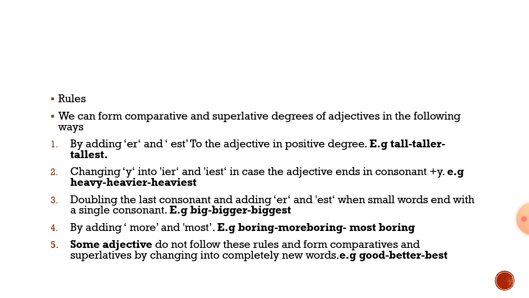Now fifth point is some adjectives do not follow these rules and form comparatives and superlatives by changing into completely new words. Means some adjectives do not follow these rules and make a new word. For example, good, better, best, bad, worse, worst, little, less, least, many, more, most,